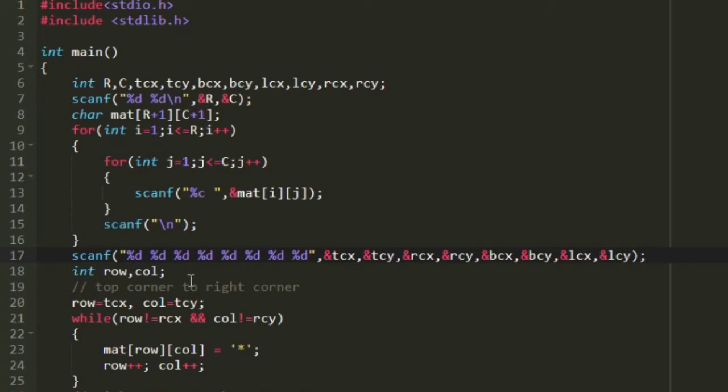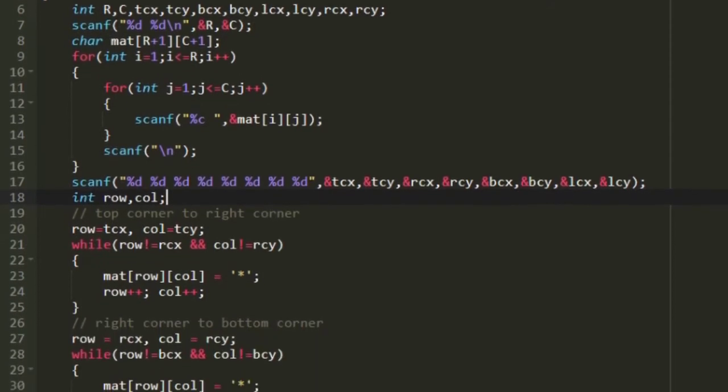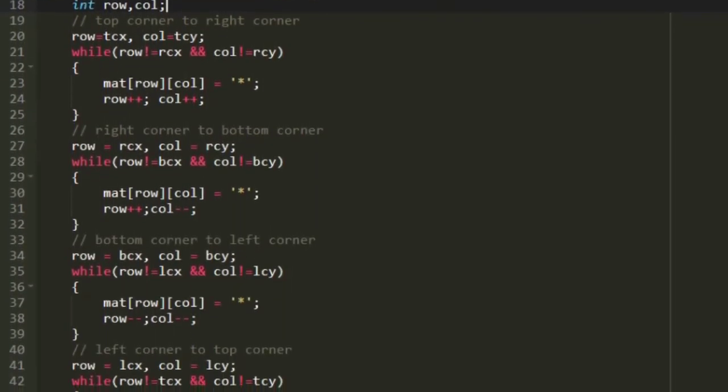So now we have to update the characters present in the matrix. That is, we need to replace the characters with asterisks. So to do that, I am creating two more integer variables named row and column. So first we are going to replace the characters with asterisks that are present between the coordinates top corner to right corner.